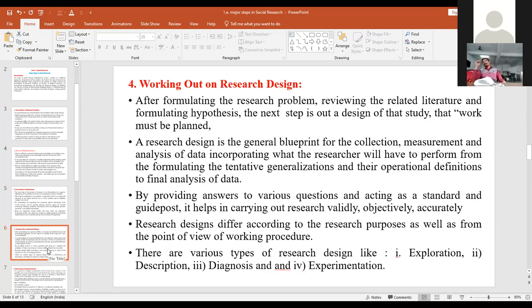And after completion of identifying the problem of the study, the review of literature, and the hypothesis, the next step is the research design. So here the research design is nothing but an organized